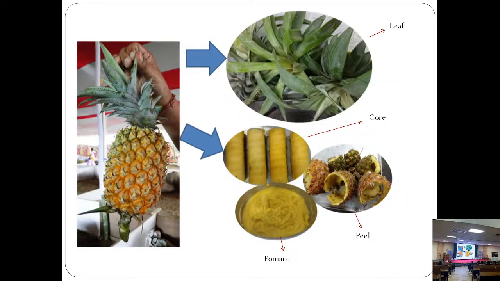Yes. And from this pineapple, just have a look. All sorts of biomass are produced, and this is called the leaf part, which gets separated, and its core part is separated, and the last part is the pomace part. When the juice is collected, the remaining part from the juice is called the pomace part. And how this pomace can be converted to value-added products through biological steps.